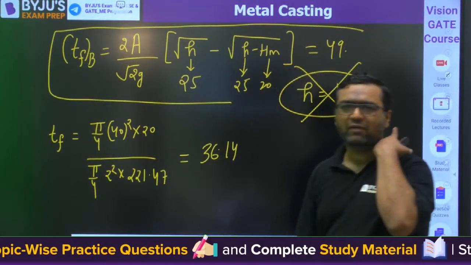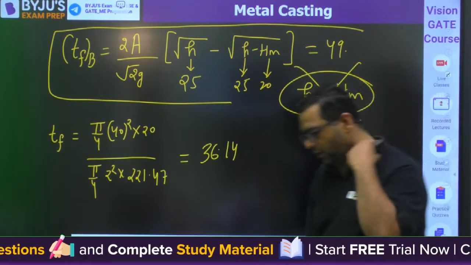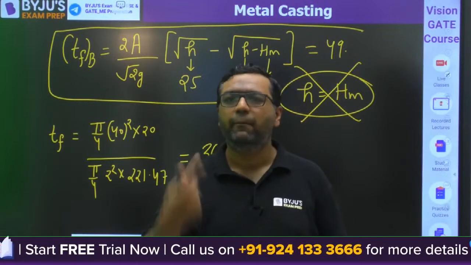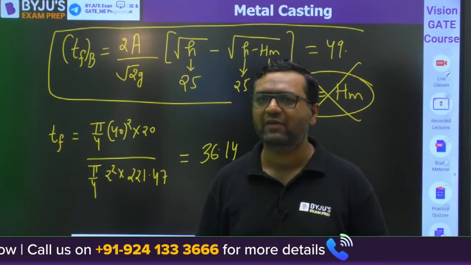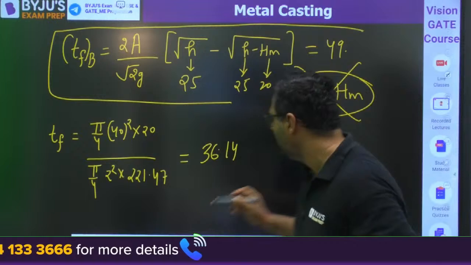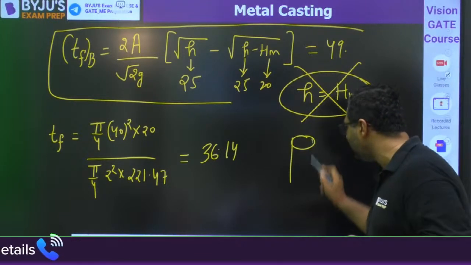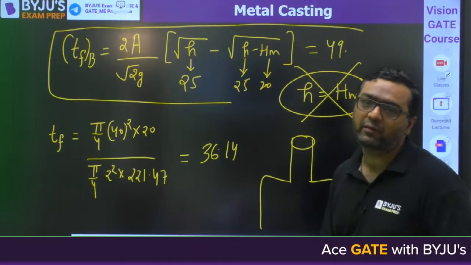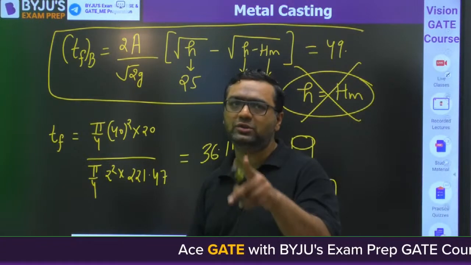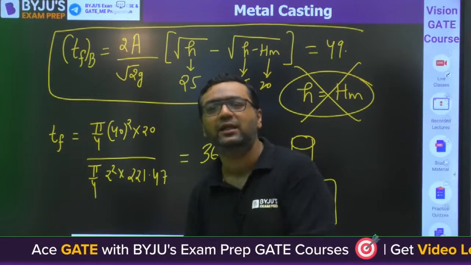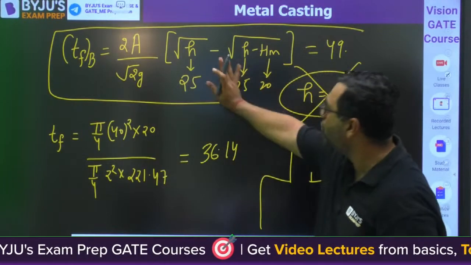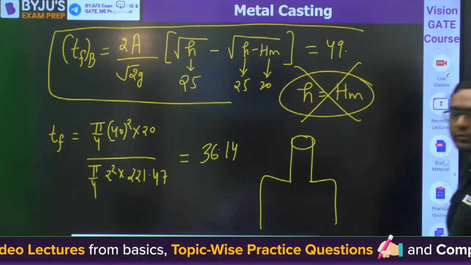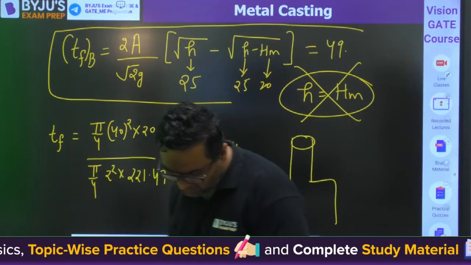As you have asked, I will also come up with one conventional question tomorrow. Tomorrow is sheet metal operation, but I will do a question with multiple cavities, meaning the cavity has one part as a cylinder and the other part as a cube. Then I will tell you how to solve it by the bottom gating system. So tomorrow I am adding that question so that I can give you the idea why you need to remember this formula all the time. The answer comes out to be 49 point, the exact answer is